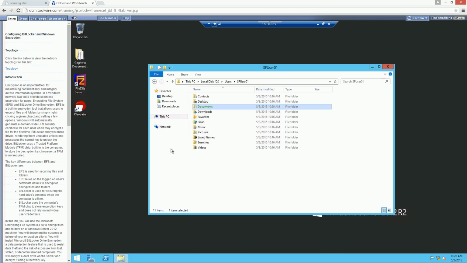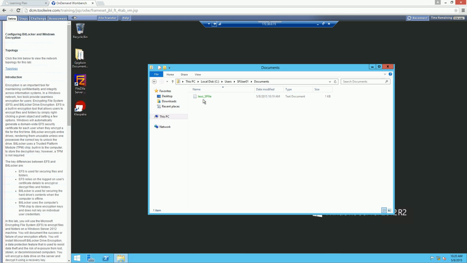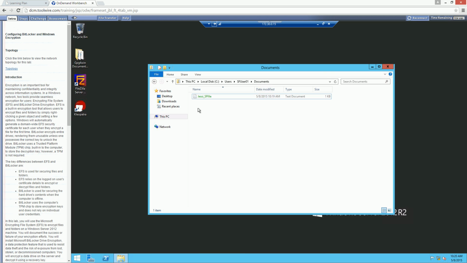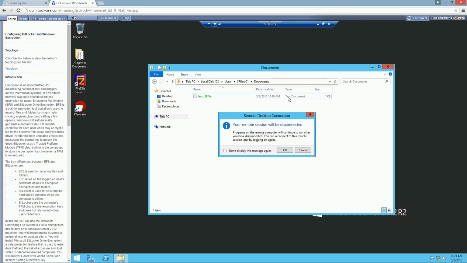It will actually then change the color to green. Green means encrypted, blue means compressed, black just means normal. And if you go back in there, you should have Jesse SF file also in green. We can still read it if you open it because we have the certificate to read it. So normally this is the part in the lab where you would delete your certificate so that we can verify that it's still encrypted, but we don't have the certificate to decrypt it. But our lab actually wants us to close everything,